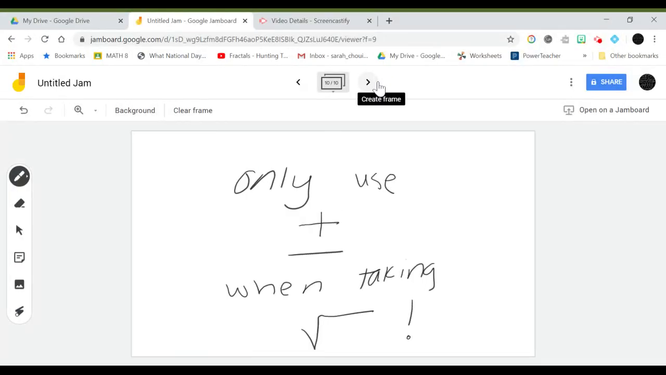So an important reminder is that we only use that plus or minus sign when we take the square root. We don't worry about it when we're